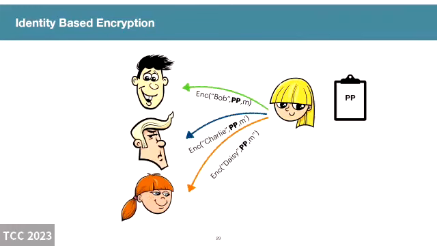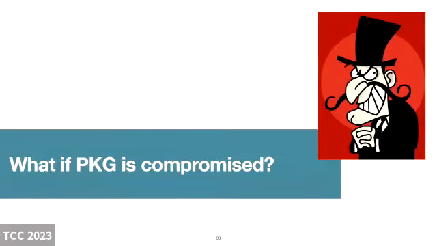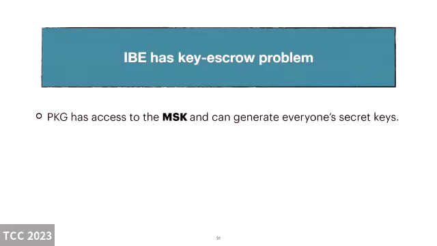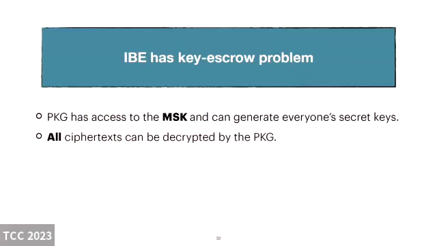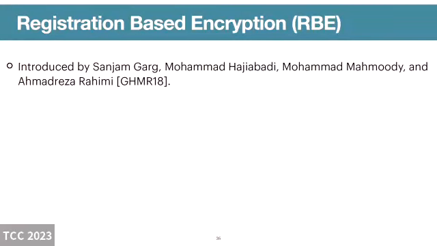Now, this is really nice, right? Because Alice can now send all of her friends private messages without needing to know everyone's public key, only knowing one value, which is the public parameter. But then there's a new problem, and that's what if the PKG is compromised? IBE is known to have a problem called the key escrow problem. It means that the private key generator has access to the master secret key, so it can generate all of the people's secret keys and then use them to decrypt ciphertexts for everyone. That means we need to put a lot of trust in the authority, but it's not reasonable to give too much power